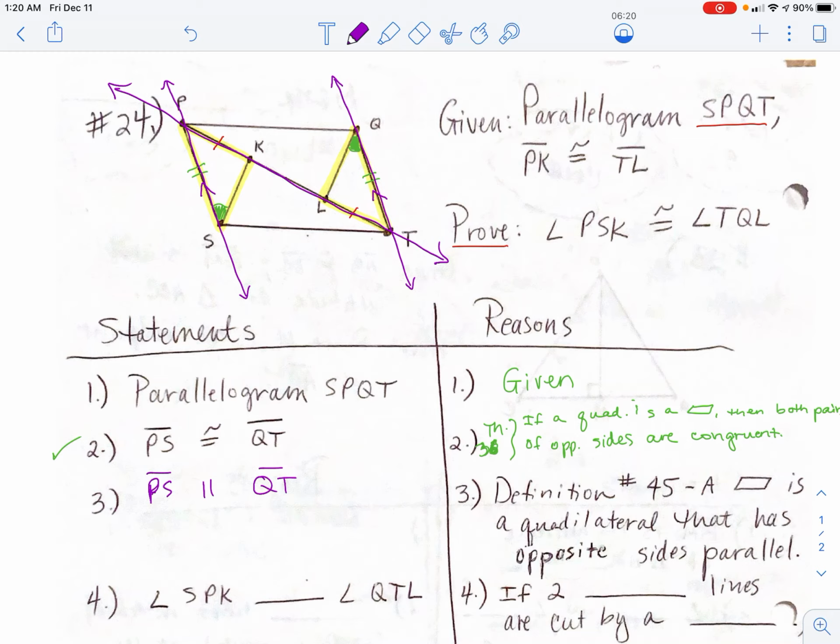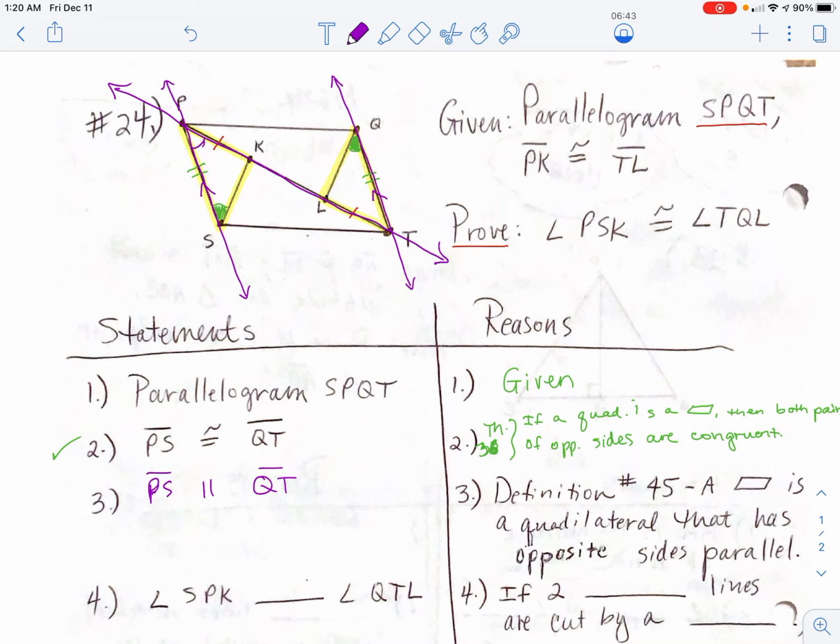Well, because I'm still trying to prove enough to say that triangle PSK that I marked in yellow and triangle QLT are congruent. Right now, I have two sides that are corresponding and congruent, but I need either another side or an angle. So based on those two parallel lines that I did in purple and that transversal cutting through there,